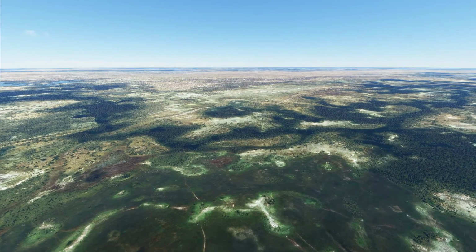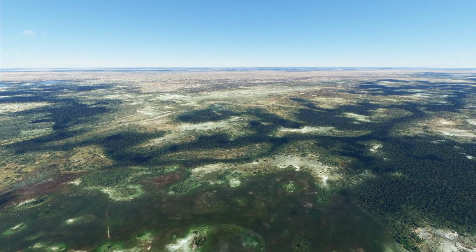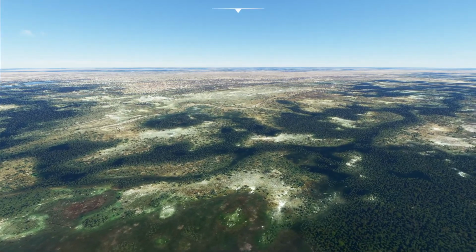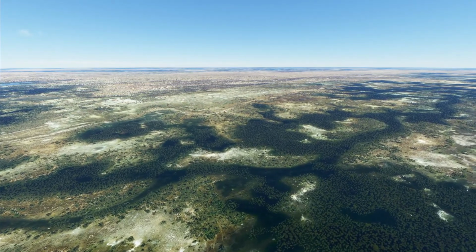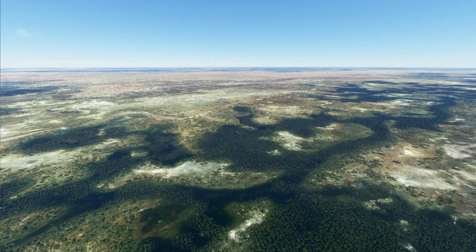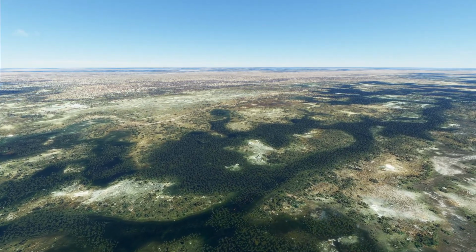So just a little bit of a look at the bush below us. Aircraft's on autopilot, so we're tracking okay. As you can see, there are various roads that do go through the delta, and they use freight vehicles to take non-perishable goods and other things that the camps need. It takes a few days,